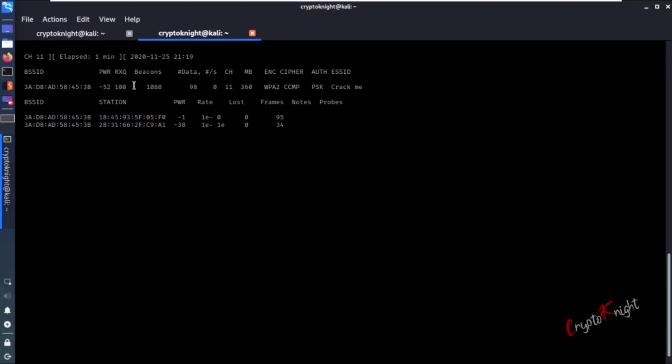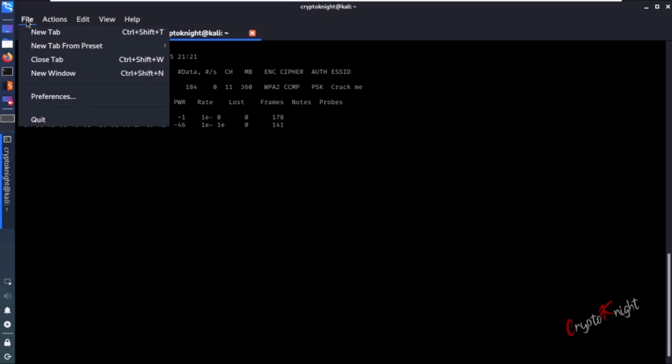This tool will automatically capture those packets. Our aim is to capture the handshake file. Now, what is a handshake file? When a Wi-Fi connection is established, there is a four-way handshake. To establish a connection between an access point and a device, there is always a four-way handshake whenever we are talking about Wi-Fi. And our aim, as I told you, is to capture the handshake.